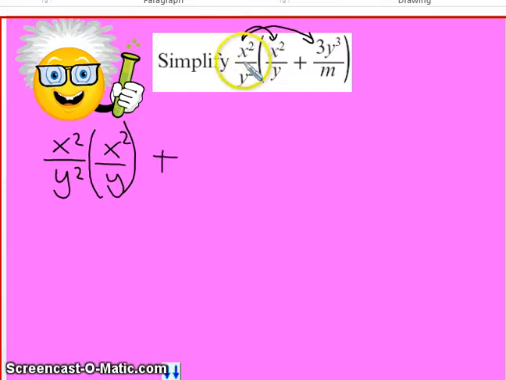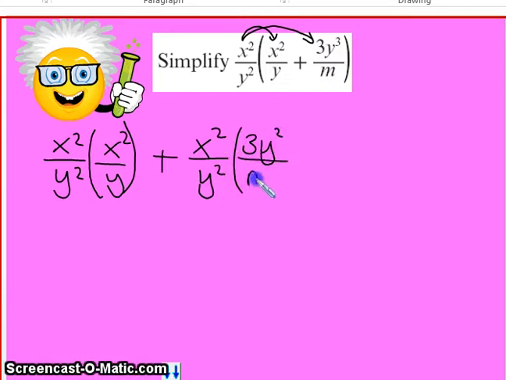Now again, I've got to multiply x squared over y squared by that second term, so x squared over y squared times the second term, 3y squared over m. Now once we've distributed our outside factor, which in this case is x squared over y squared,